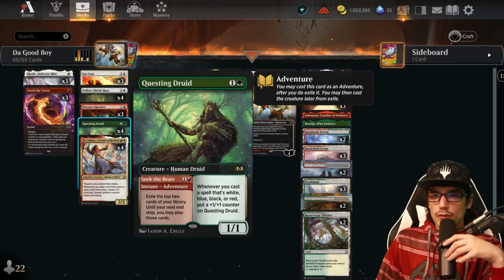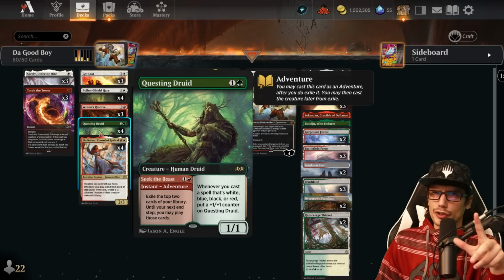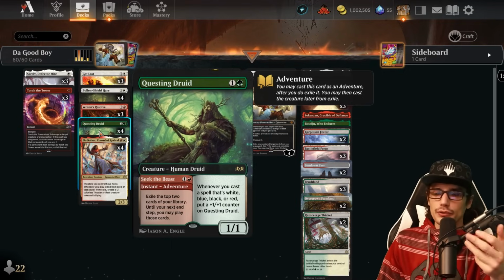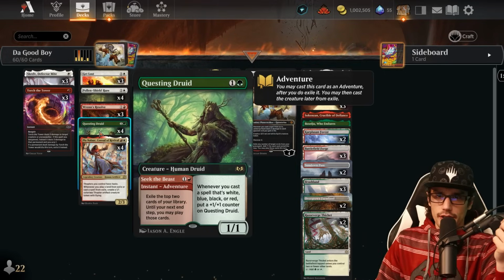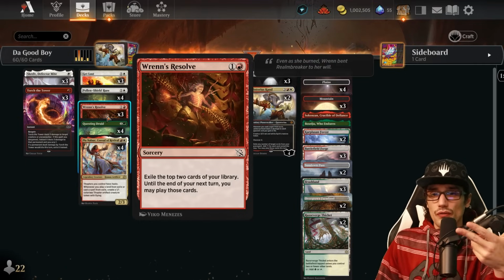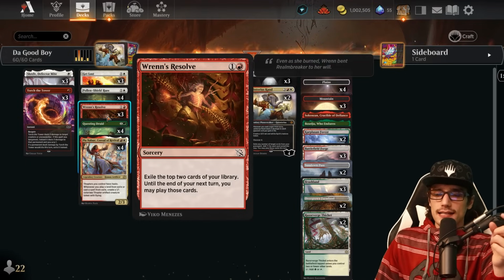And then it's a 1/1, and whenever you cast a non-green spell, also not colorless, so like red, black, white, and blue, put a +1/+1 counter on it. It's just additional value, not that important. More draw within the resolve. This does the same thing, except you get it to the